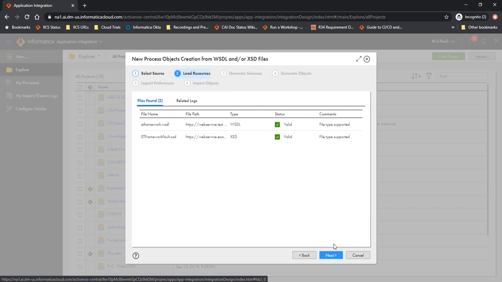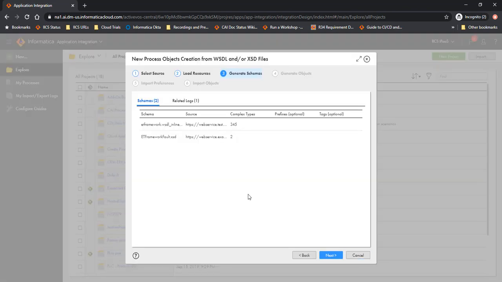So going back here, clicking on next, at this point you will get to know the schemas available within these files. So the first file has 345 complex types and the second one has 2. But given that we have so many complex types available, there is an option to either prefix them so that you can better discern them from other process objects, and tag them for better searchability. Given that this is coming from Salesforce, I'm going to be using the prefix SFDC for both of these files, schemas, and I would be using Salesforce